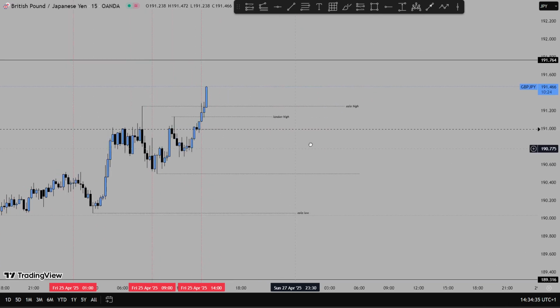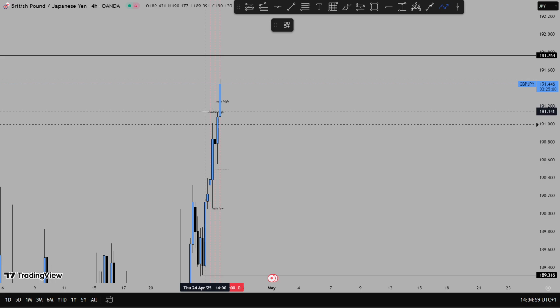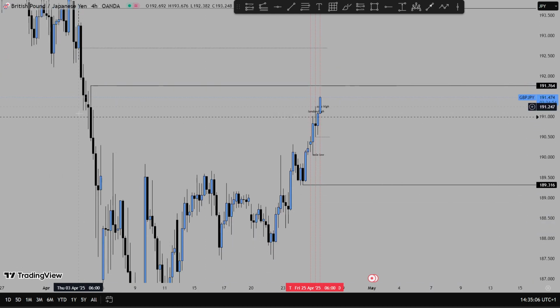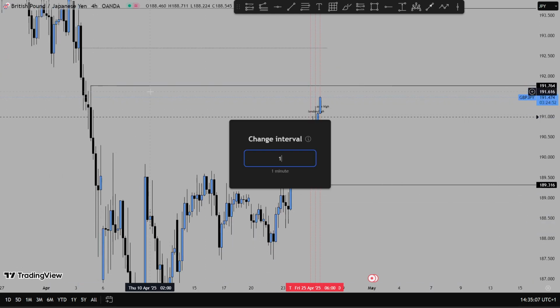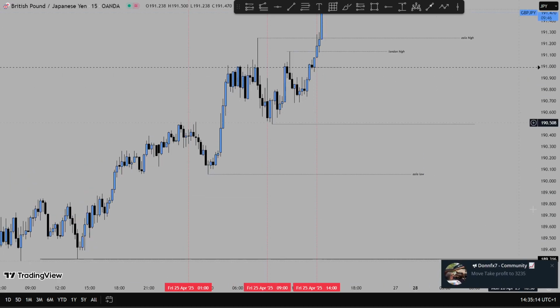What I want to see is a retracement, a break below the low, and then continuation to the downside. But it looks like I'm not doing that, and I'm not taking any trades today because there's no reaction off of the Asian session highs and the London session highs. It should have been just a liquidity sweep and then a retracement. And as you can see, there are no gaps in here to retrace off of. There are no order blocks, there is nothing. But we can figure that out because